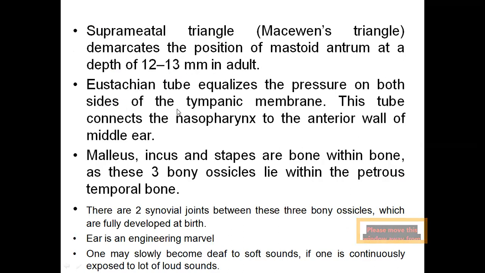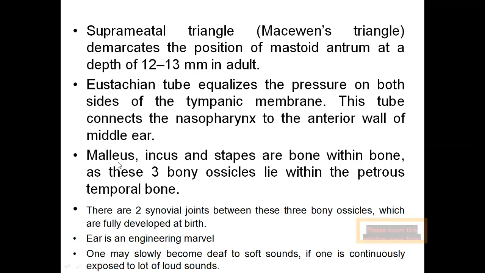And one more thing, the eustachian tube is straight in small children, hence infection from the nasopharynx can easily spread to the middle ear in small children. Hence, if there is a running nose, there is pain in the middle ear, which is otitis media. Such pain is more common during childhood than in adults because the eustachian tube becomes oblique as age advances, whereas in small children it is straight. Hence the infection from the nasopharynx can easily spread to the middle ear, causing otitis media.